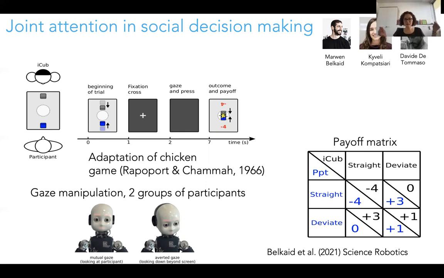And as they go towards one another, they enter an area at which everything gets paused. So you see here this gray screen, everything gets paused. And that's when you are asked to make a decision. Do you want to let your car continue, or do you want to deviate? The chicken game comes from the idea of, do you chicken out and deviate, or do you go straight ahead?